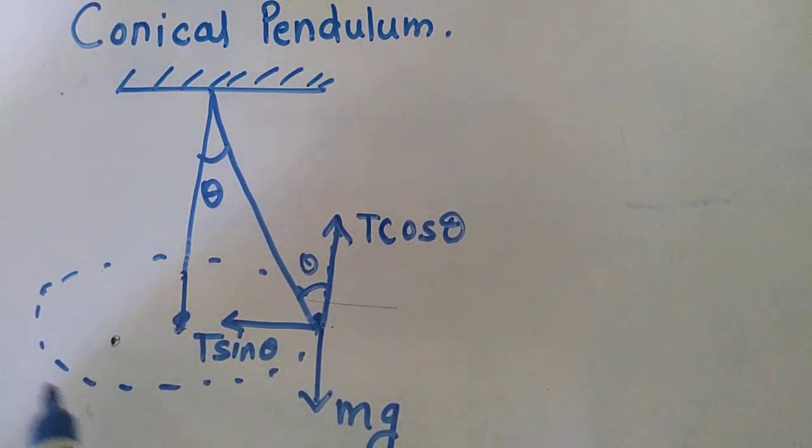In your exercise there is a question on the conical pendulum: whenever this bob rotates around its circle, what should be the frequency and what are the factors on which the frequency depends? So from this derivation we have to calculate the frequency of that rotation. So we have to find n. First we will draw the FBD.